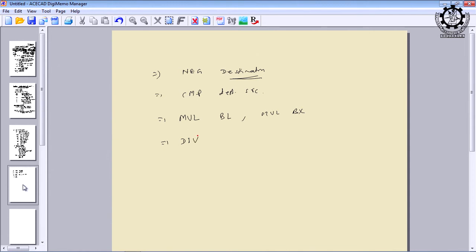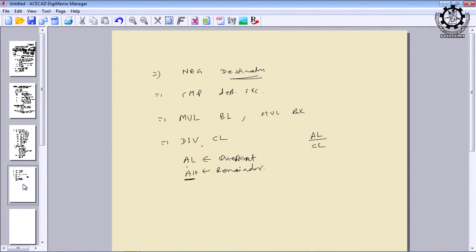Similarly, I can write divide. So, in the multiplication and division instructions, you can see the accumulator is implicit. The accumulator we are not writing, but by default it is there. So, what happens? Suppose the accumulator is AL and we are dividing by CL, then the quotient will be in AL, and the remainder will be available in AH by default. This is the instruction you have to remember very clearly, where the quotient is stored and where the remainder is stored.